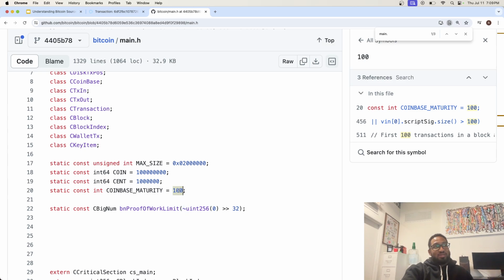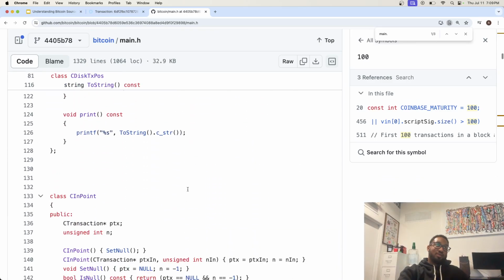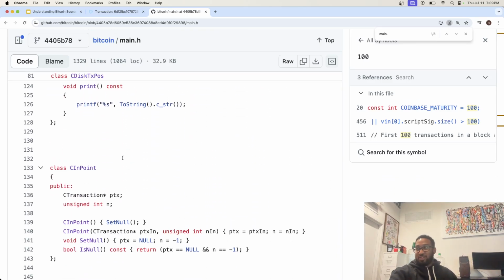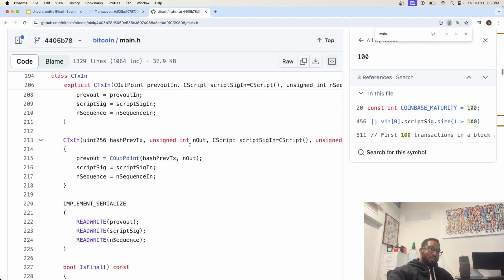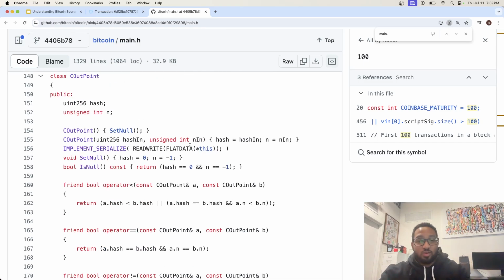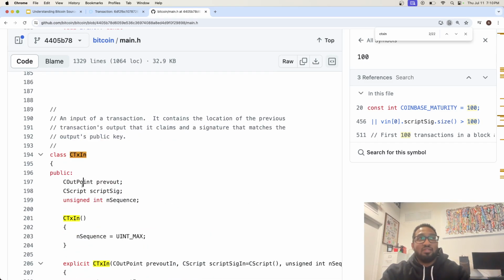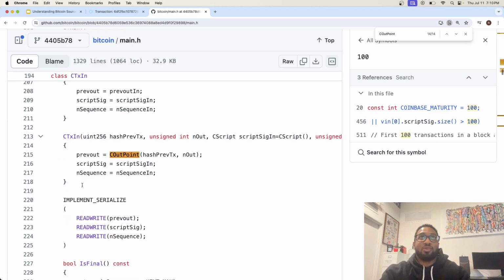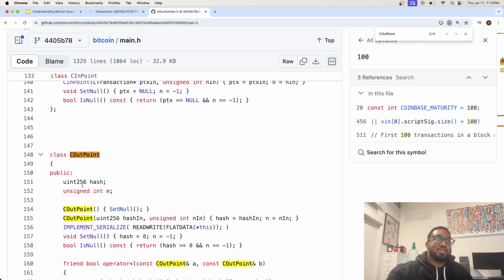Coinbase maturity, as some people know, you can't spend Coinbase until 100 blocks later. But yeah, anything else anyone wanted to see again before I close out the stream? It's the original source code if you want to check something. I didn't go over CTxIn. I didn't have what this looks like, but we can briefly go through this, 5 minutes, just so you can see what it looks like.